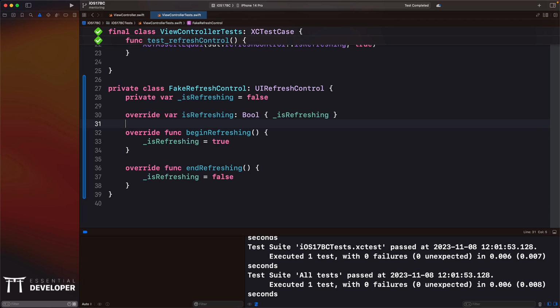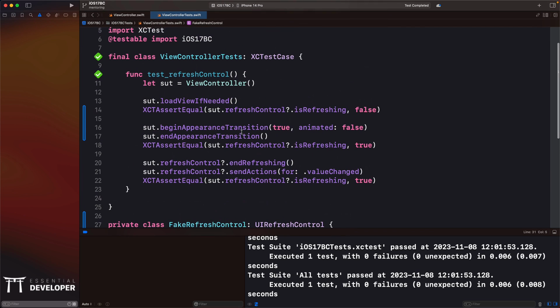That's it. It's not a real UIRefreshControl. We are overriding its actual behavior. It's just a fake that works for testing purposes only. You should not use this in production. So the solution is not as good as on iOS 16, but it works without delays or global side effects, so it's much safer. And that's the thing with testing. Sometimes we need to make some compromises here to make our tests fast and reliable.